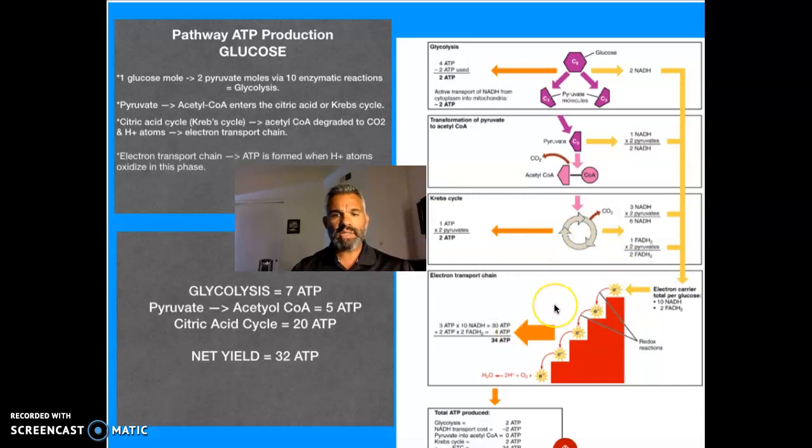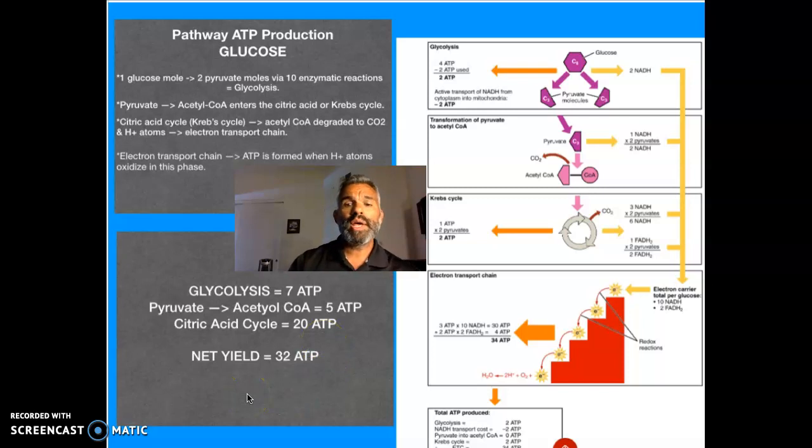As we come down to this box, the electron transport chain is where the actual ATP is formed, when the hydrogen atoms oxidize in this phase. In each phase, a certain amount of ATP is yielded. In the glycolysis phase, we have 7 ATP yielded. In the pyruvate to acetyl CoA phase, 5 ATP has been yielded. And in the citric acid cycle, a total of 20 ATP have been yielded